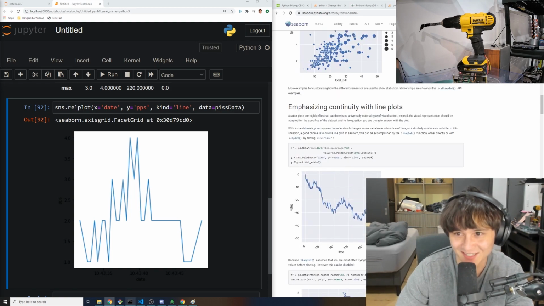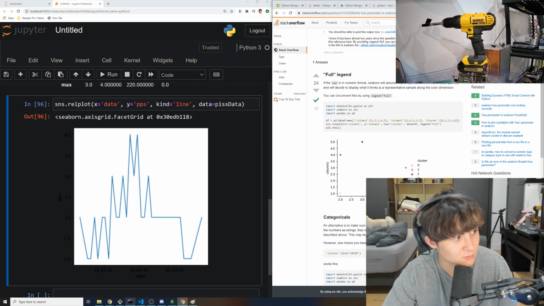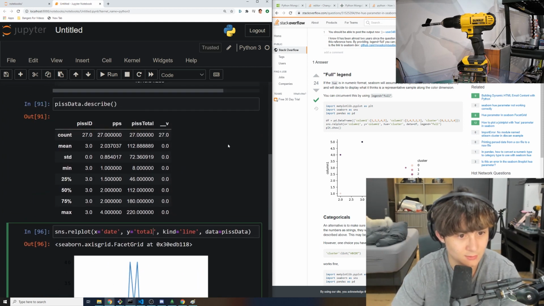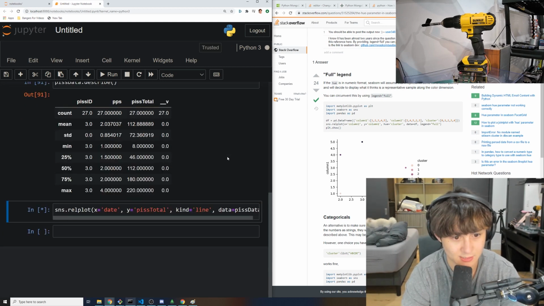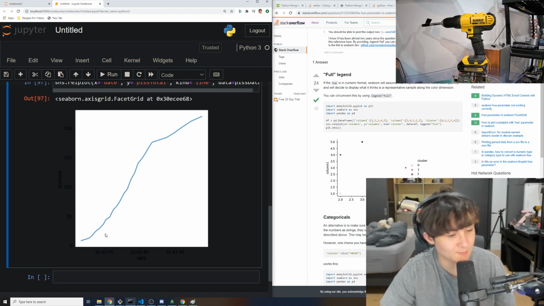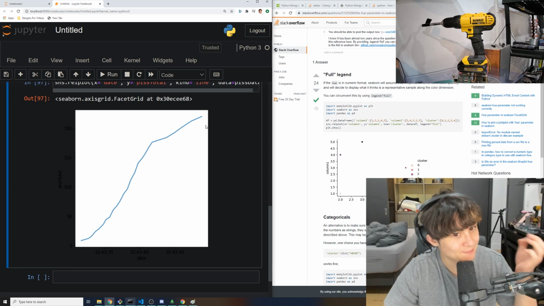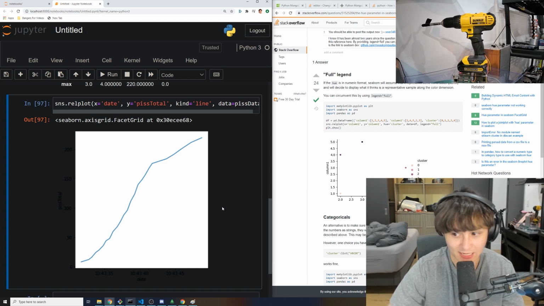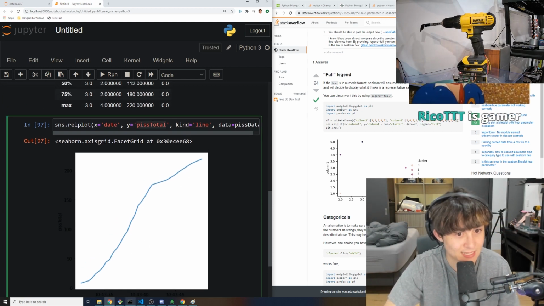How do I change the color to yellow? If I'm being honest. But also, something cool we can do: instead of having our y equal PPS, we could view the piss total. So we can follow piss total over time instead. So this is the amount of piss I peed. So it goes up very fast and then tapers off a little bit at the end. That's epic. Is that not epic? So this is the line of total piss,